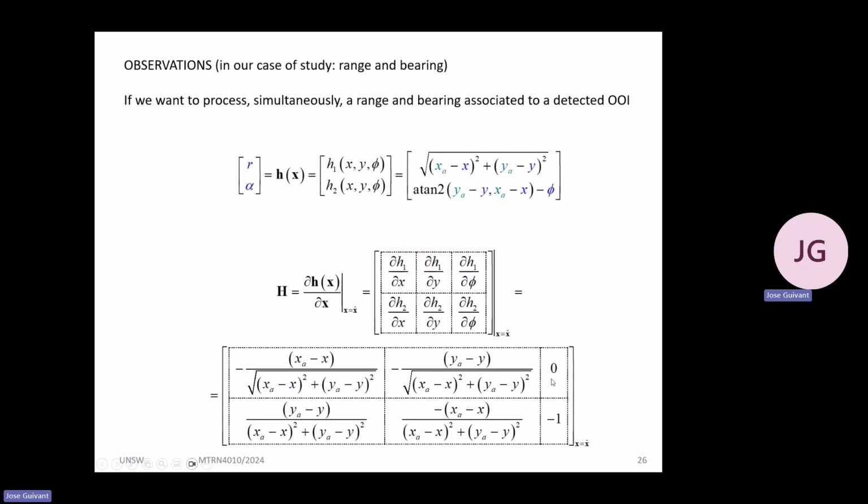And it's going to be 0 here, the third column, because this one is clearly not a function of phi. Yeah, so 0. If we were also processing this